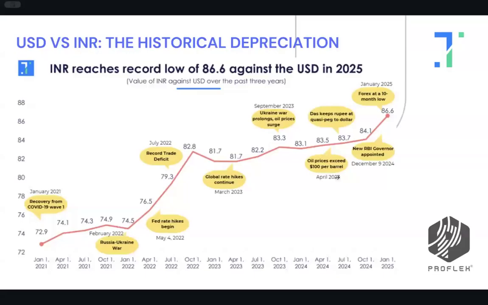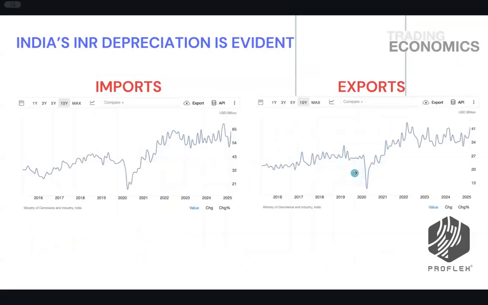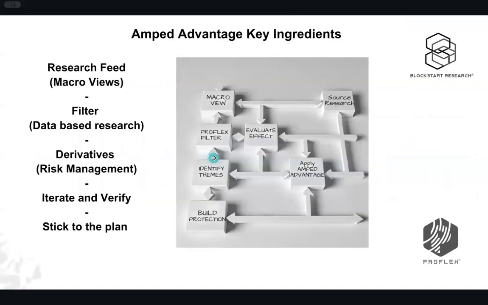Go ahead. Sure. I think a couple of other things I want to talk about, because the audience is mostly looking at USD allocation from an INR perspective. I'm sure everybody knows, but a very quick note: we all know that INR keeps depreciating, so I'm not going to spend too much time on this. The main reason is India is a very heavily import-focused market, and we are seeing no significant change across multiple years. As exports increase, imports are also increasing. So that was just one more comment which I think I had missed out.